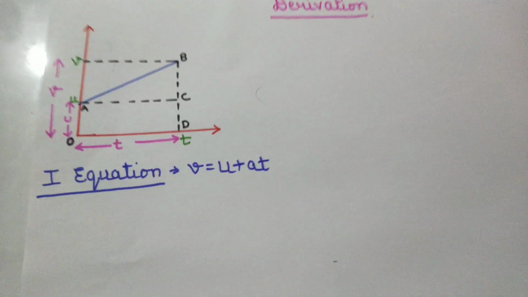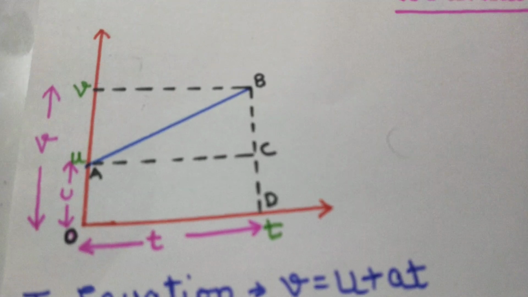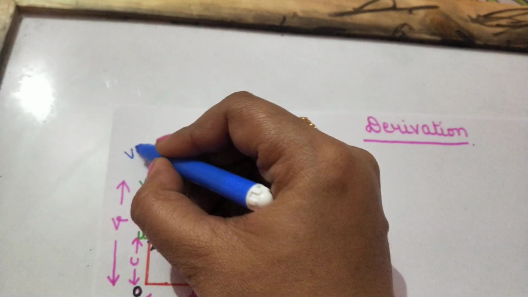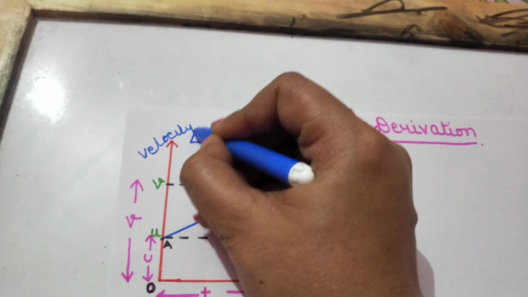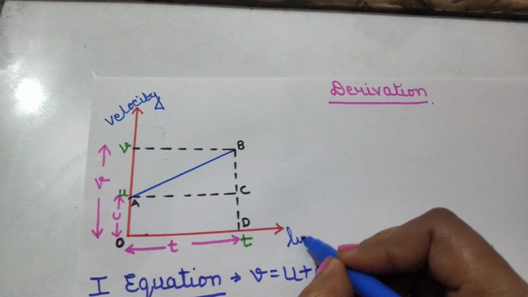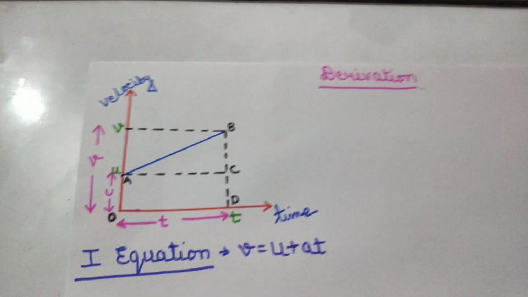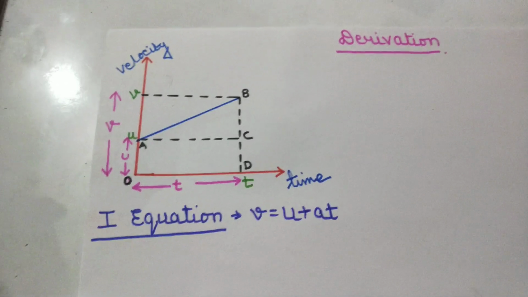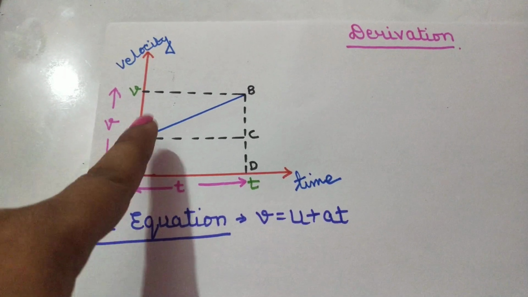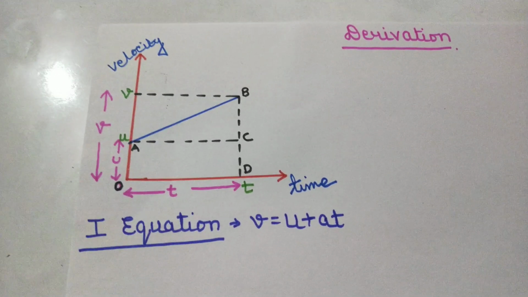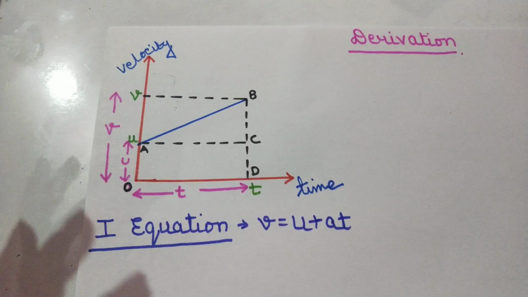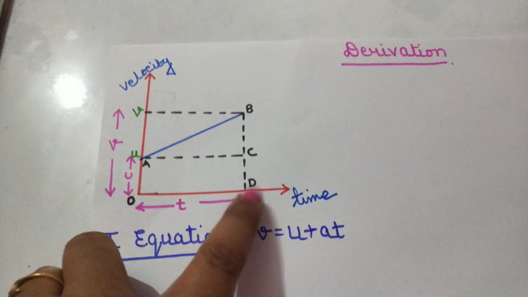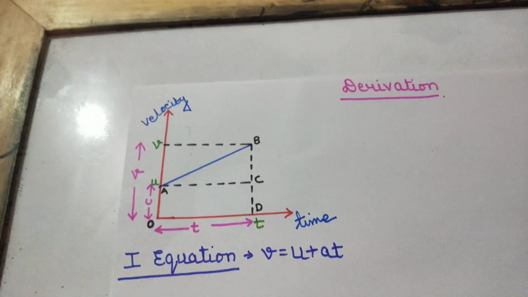So first of all, you just focus on this graph. We will draw a velocity time graph. On the y axis we will take velocity, and on the x axis we will take time. So this is a velocity time graph, and just make sure we have not started our graph from origin. If we start our graph from origin, that means the initial velocity will be 0, but it is not compulsory that in every question your initial velocity is given as 0. So we have taken some value of initial velocity as u, and after time t it reaches velocity v.